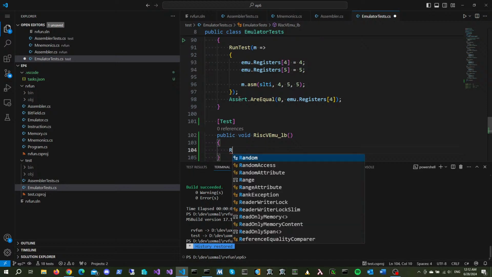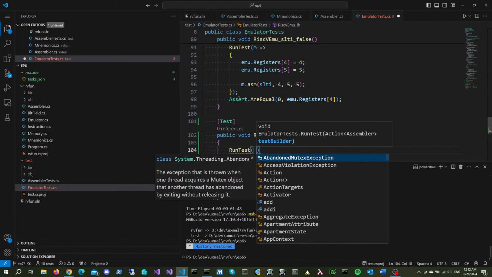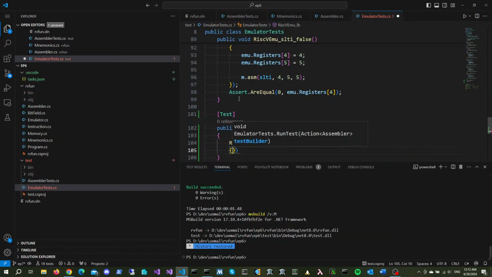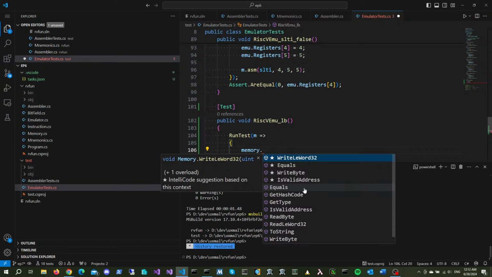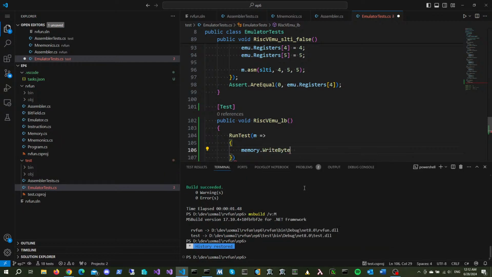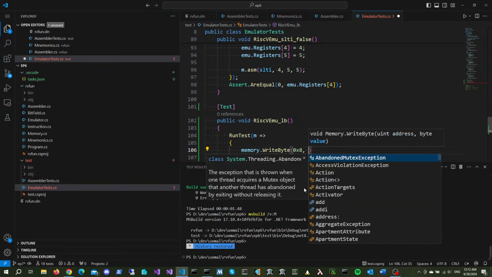What it will do is set up some initial state for our test. The first thing we'll do is in our memory we will write a byte at address 8, and the byte will be 42